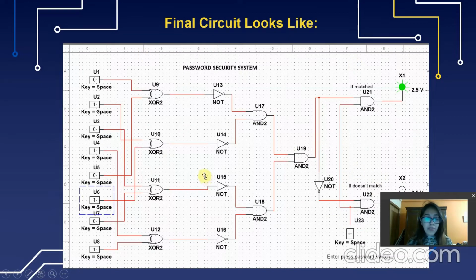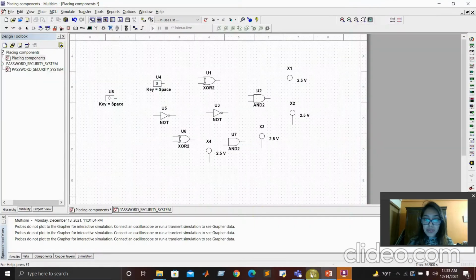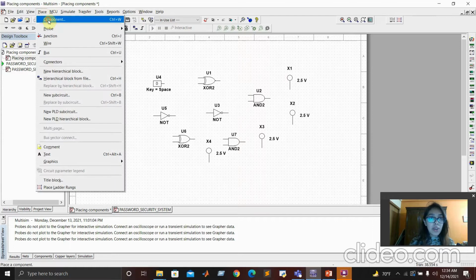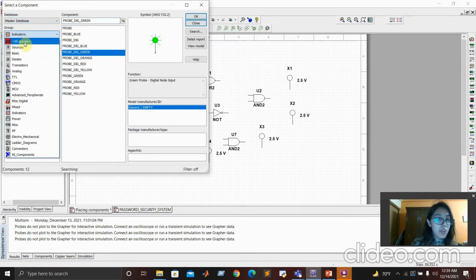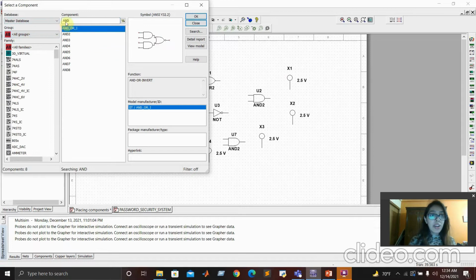Now I am going in my Multisim window to show you how to place the components. First, these are our components. We are going to click Place and then Component. From here we go to All Groups and search for our gate. Here I have searched for AND gate, AND2,